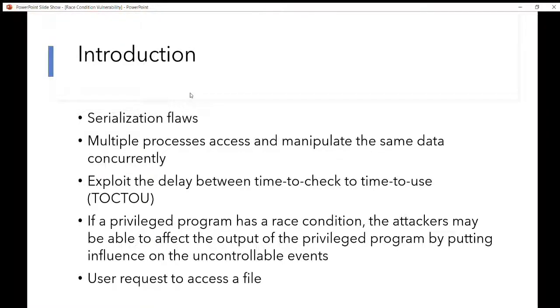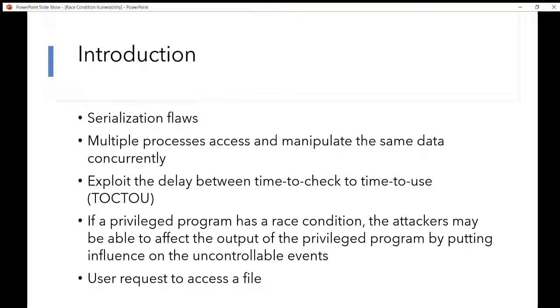Okay, so I will move on to the introduction. What is a race condition? Race conditions are known as serialization flaws where multiple processes access and manipulate the same data concurrently. From this event, we are able to exploit the delay between time of check and time of use. So let's say if a privileged program has a race condition, the attackers may be able to affect the outputs of a privileged program by influencing uncontrollable events,